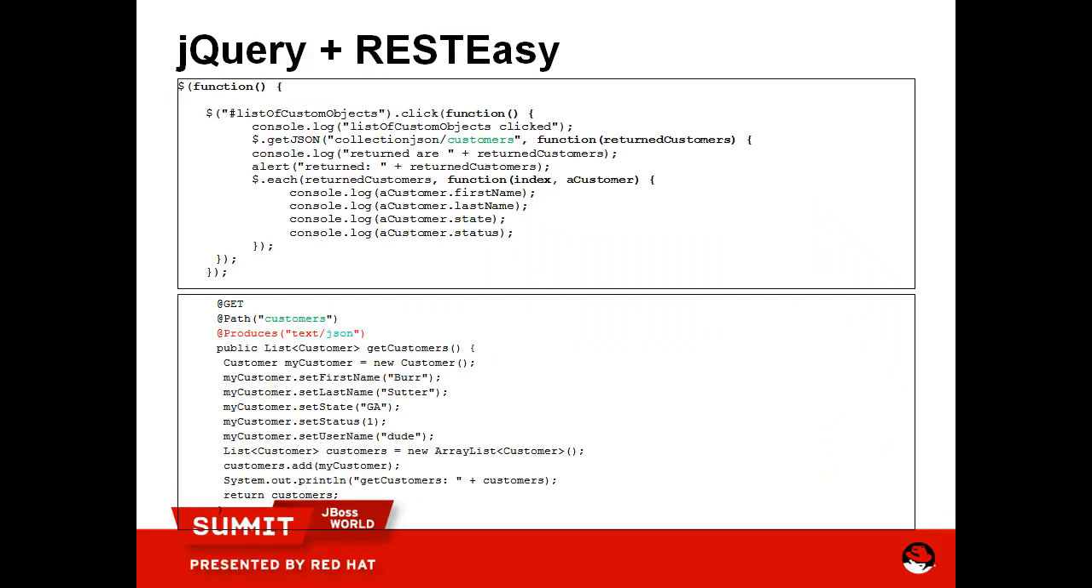Now, again, I mentioned that you can't see too much of this. It's going to be high density, but jQuery plus RESTEasy is incredibly simple. So if you want your front-end client to interact with your server-side services, it is incredibly simple these days. It doesn't require much more than a couple annotations on your server-side POJO, and jQuery has this really nice,